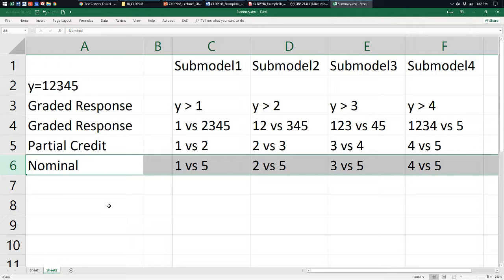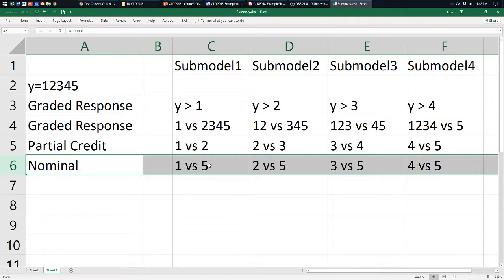The thing that's special about nominal is that not only do you get these locations where each one would be more likely than the reference, but you also get separate item discriminations for each of these submodels. So instead of having 1 slope, 1 discrimination, 1 loading, you would have 4. So this model takes a lot more data to be able to estimate everything. But you can